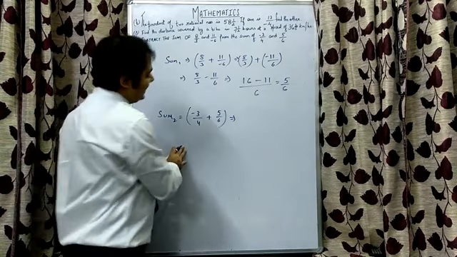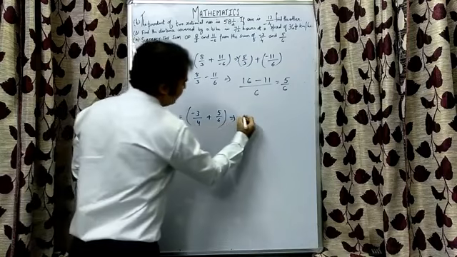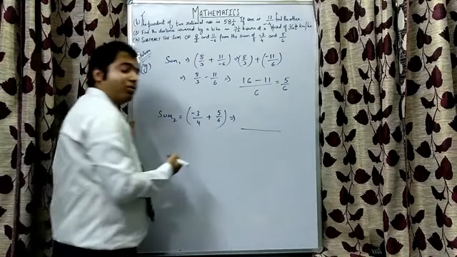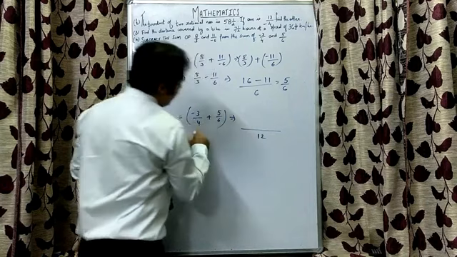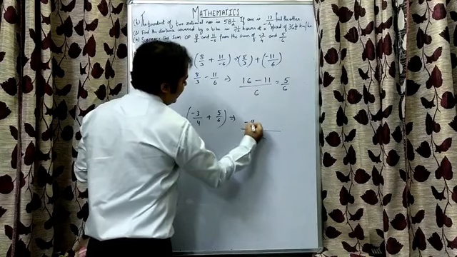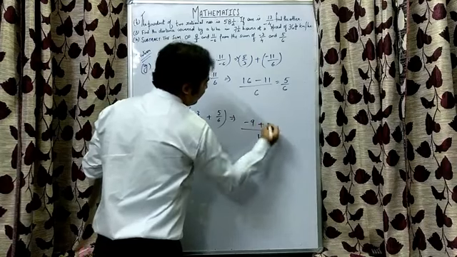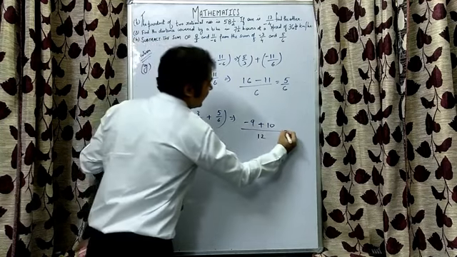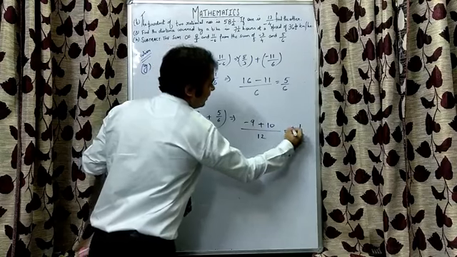Now for sum 2, let us see whether our given rational numbers are in standard form or not. Minus 3 by 4, yes, it is in standard form. 5 by 6, yes, this is also in standard form. We will directly proceed with the LCM of the denominators. LCM of 4 and 6 is 12. 4 goes into 12 3 times. So minus 3 into 3 will give me minus 9. 6 goes into 12 2 times. So 5 2s are 10. Since the signs are different, we'll subtract 9 from 10 and we'll be getting 1. And denominator will remain as it is, and we'll put the sign of the bigger one, that is this.